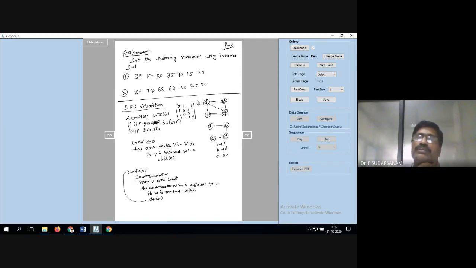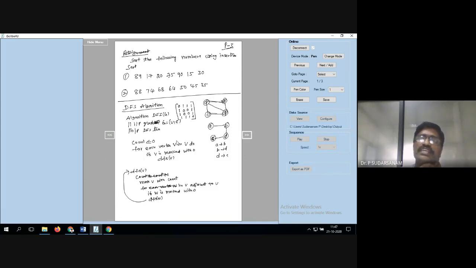Next, B will be coming and checking B to A. B to A is 1, but it is already visited. B to B is not possible, B to C is not possible. B to D, yes. This is unvisited, so you draw B to D. Next, call the same function again, starting with D. D to A, 1 is there but already visited. D to B, 1 is there, already visited. D to C, 1 is there, and this is unvisited, marked with 0. So then you go for the same function, draw it, and go for C.